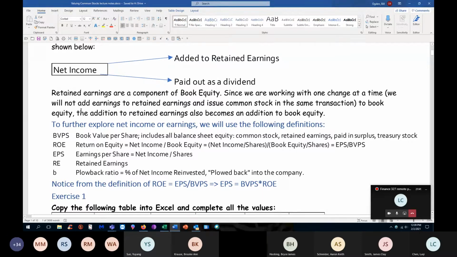Okay, so the addition of retained earnings also becomes an addition to book equity. That's all we'll see. Okay? So here are some of our basic definitions. Book value per share, BVPS, includes all balance sheet equity items. So common stock, retained earnings, paid in surplus, treasury stock,